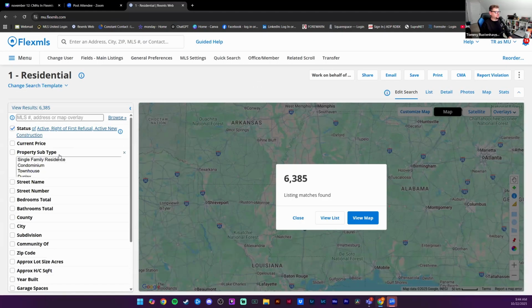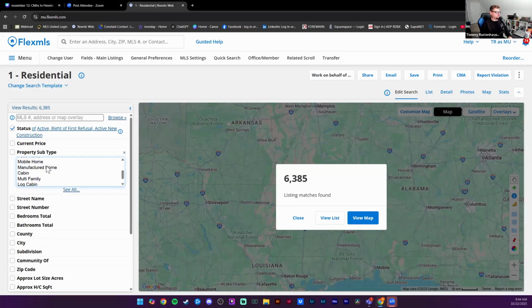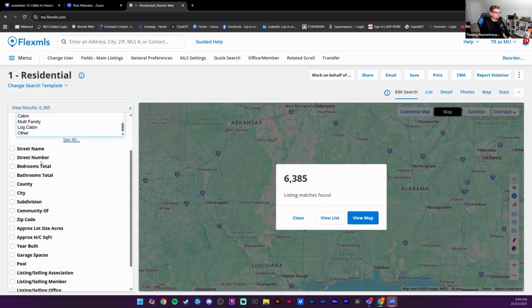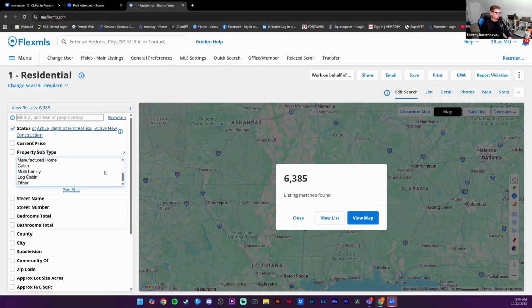That's actually going to be under the property subtype. On your search criteria, you have your status of active, and then we're going to do property subtype. Just scroll down and you'll hit multifamily